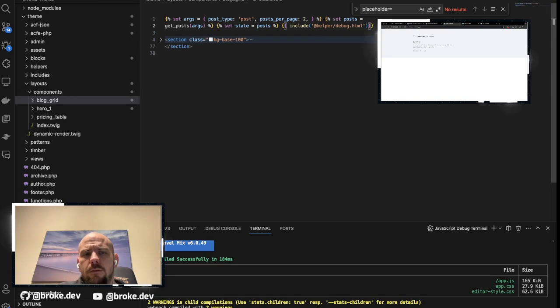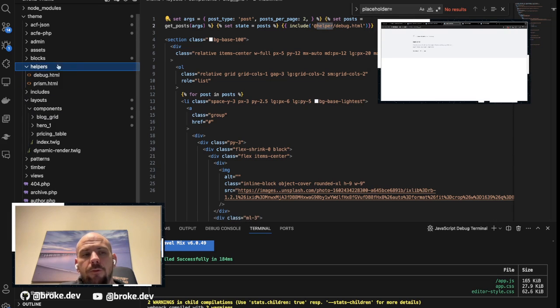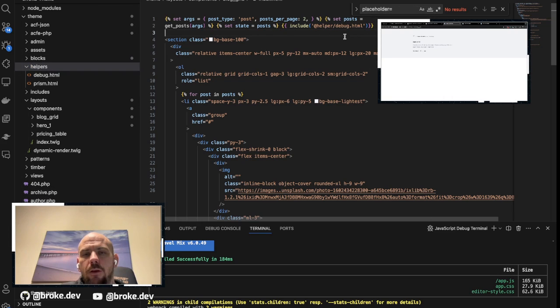Now you'll see like it starts to push the twig to the top. That's because we have that HTML formatting. And this is like pro and con of it. If you actually were to switch it over into Twig, it would be a little bit nicer to format, but it wouldn't really because most of the formatters don't work. But in this case, let's just make sure. So real quick, with helper, obviously, comes from the helper directory. And you'll see debug.html. So now I know I have the right file. So what this is doing is looking into this directory and grabbing this file and putting it on the page. If I refresh the page,